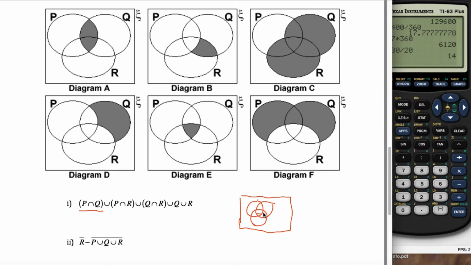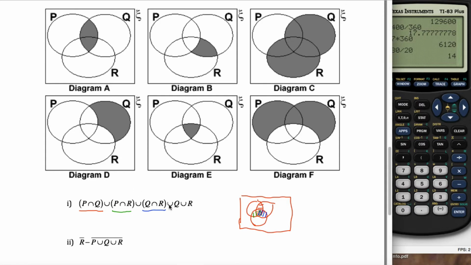That would be this shaded region right here. And then P intersect R would be this shaded region in green here. And I'm running out of colors, but that's okay. Q intersect R. Here's Q, here's R. So that's this region right here. Looks like I have all of this area so far. Oh, and then I want to tack on